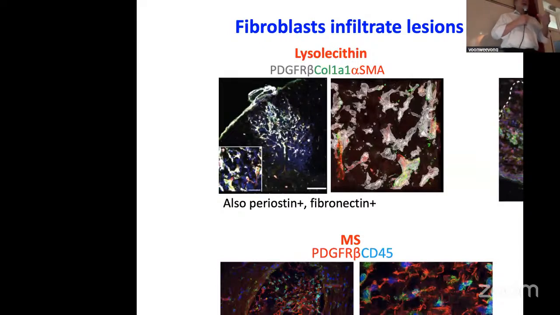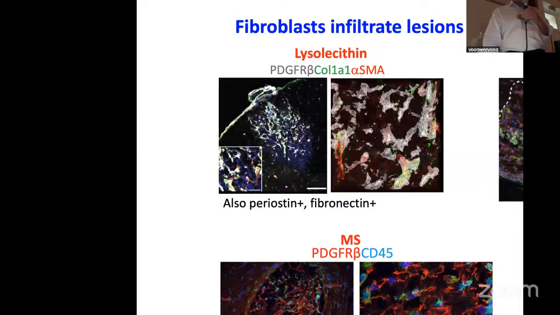Finally, in this last part, I want to tell you about fibroblasts. Fibroblasts are universal in us, but there are very few fibroblasts within the parenchyma of the central nervous system. But fibroblasts are present in the perivascular space. They're present at barriers such as the meninges. And if there's a breach of the meninges or impairment of the perivascular space, fibroblasts can potentially infiltrate into the central nervous system parenchyma. So here is a lysolecithin injury, 7 days following